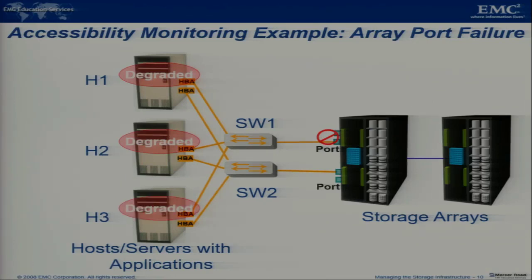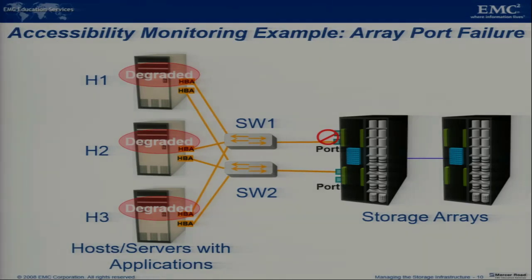As you can see, there is a port failure happening on the storage array, and all the 3 servers, H1, H2, H3, are trying to access that storage array through switch 1. So access will not be available. Data will not be available from the storage array to all the 3 servers. So in such a case, the data is redirected through switch 2, SW2. The servers continue data access through the other switch, SW2. Alright.